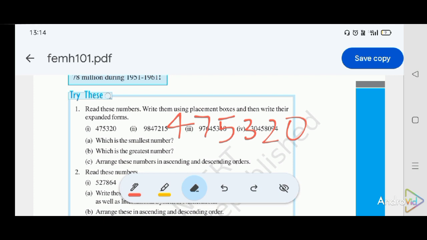So let us go with that form of numeration itself. So we have to insert commas after every 3 digits. So before 3 there should be a comma, and that's all. So now we can say that 475,000,